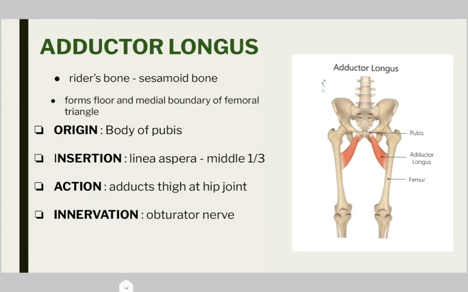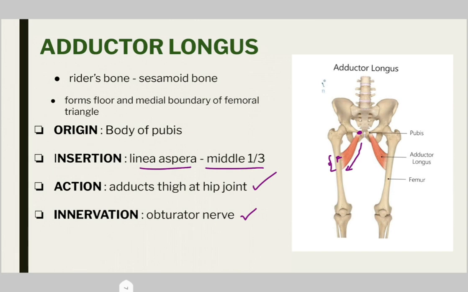Coming to the next muscle, adductor longus. It originates from the body of the pubis, has a tendon. It runs laterally downward to get inserted on, see this is the femur bone, the posterior aspect of the middle 1/3 of the linea aspera. Have I shown you the linea aspera? Okay. Coming to the action, all the muscles will help in the adduction of the thigh at the hip joint. Coming to the innervation, of course, the obturator nerve.